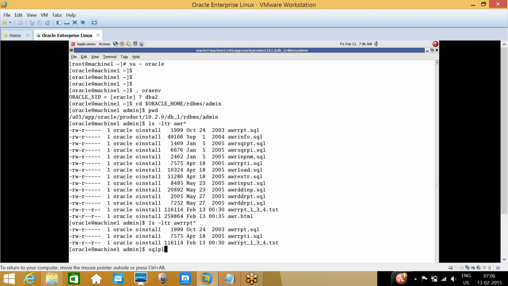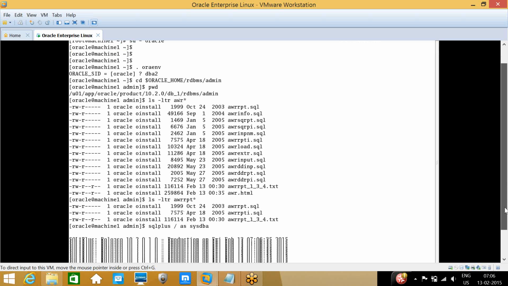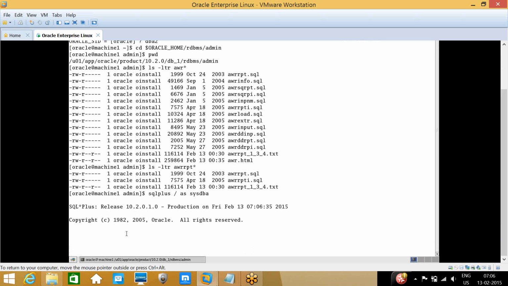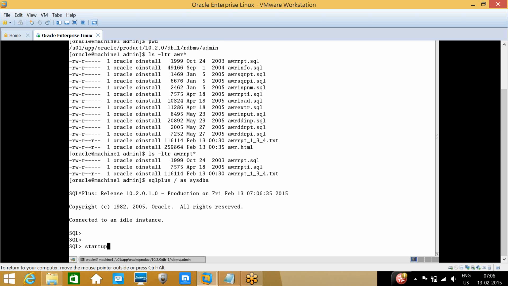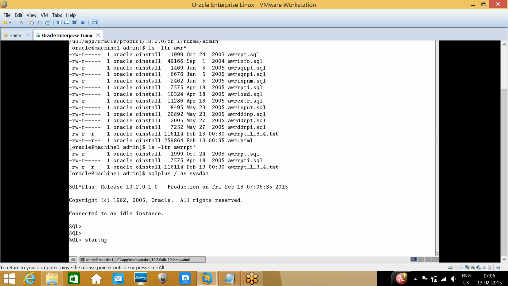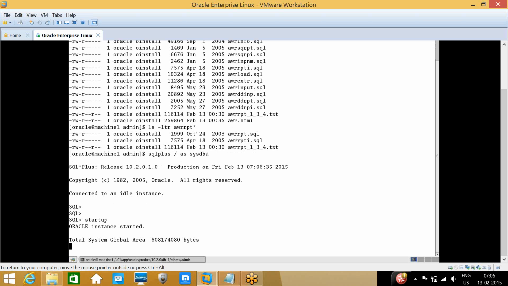Now you need to connect to SQL Plus. Actually, AWR report analysis is a vast subject.